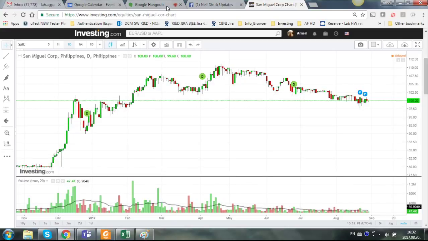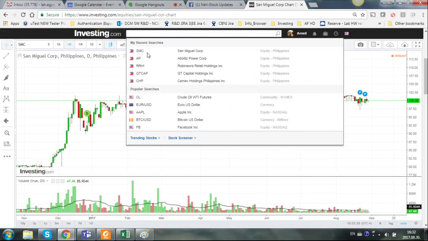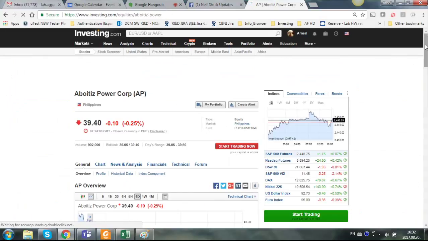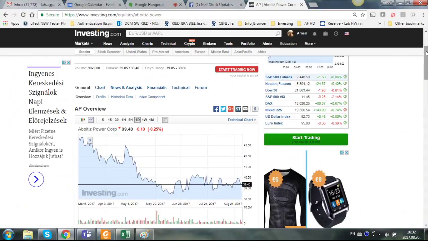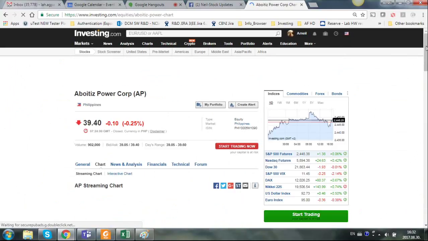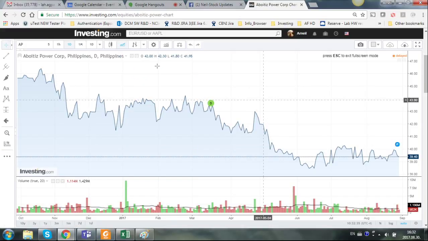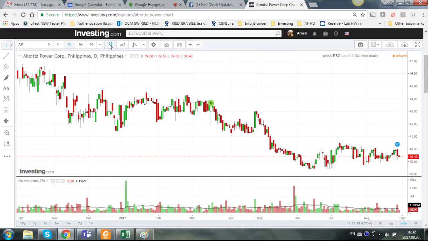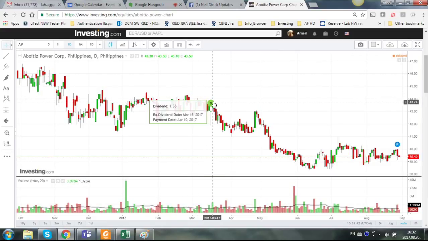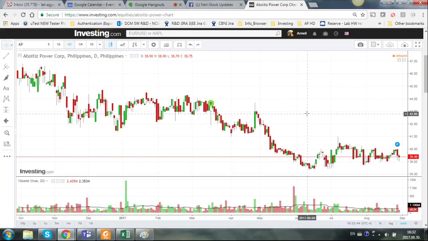So importante yan na malaman natin kung ano yung trend ng isang stock. Hindi lang sa magandang company siya fundamentally, tinitingnan natin kung maganda bang bilhin yung isang company ngayon, diba? Kasi maraming magagandang company dyan, pero hindi naman lahat magandang bilhin at this time. So okay, so now we should find out